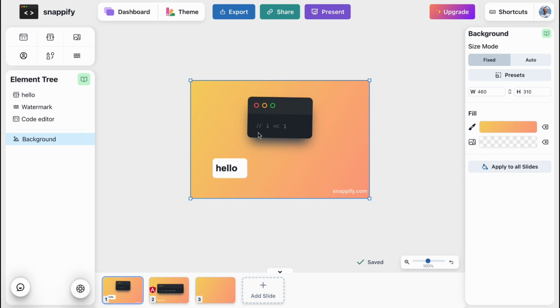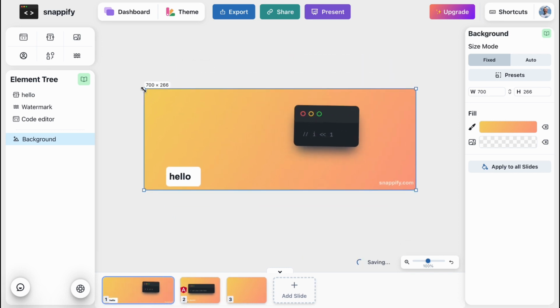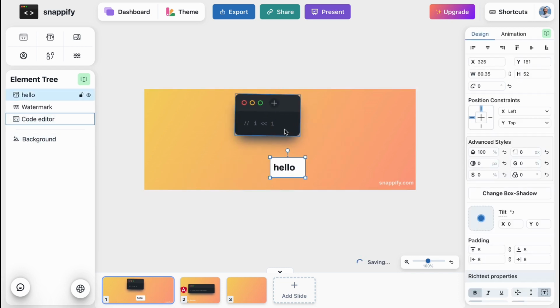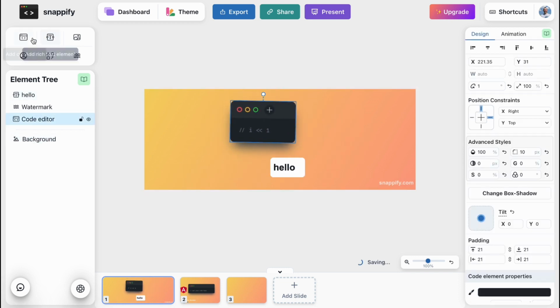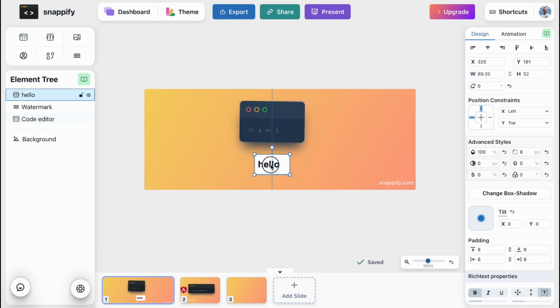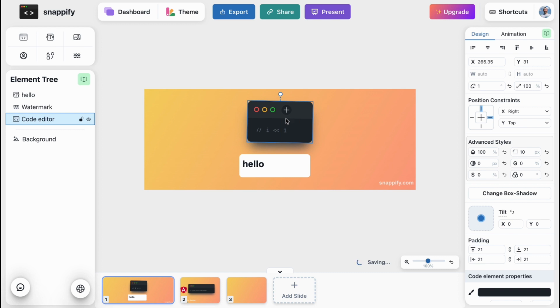As you can see, in the central part we have a board where we can interact with our elements. Basically, we can resize our slides if necessary, and we can interact with every single element. As you can see, I have a code editor right up here, and also a block with text. To interact with it, we have 2 ways. We can click and then find the necessary options, for example, we can add code or something like this. Or we can find all the